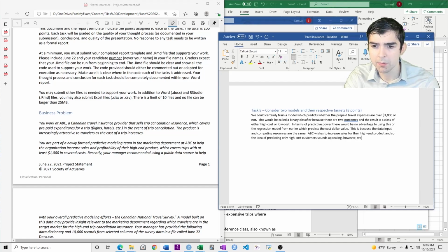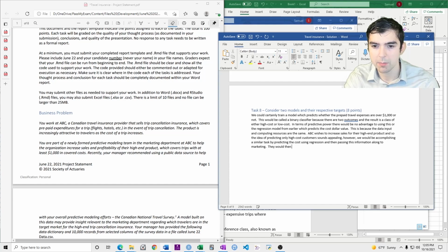However, we would accomplish a similar task by predicting the cost using regression and then passing this information along to marketing.